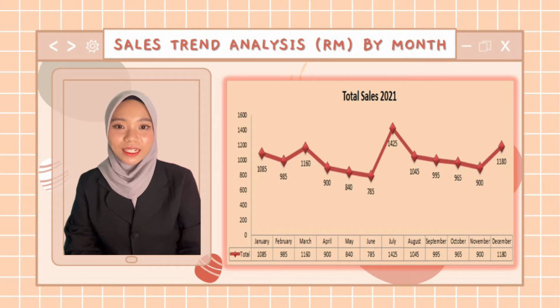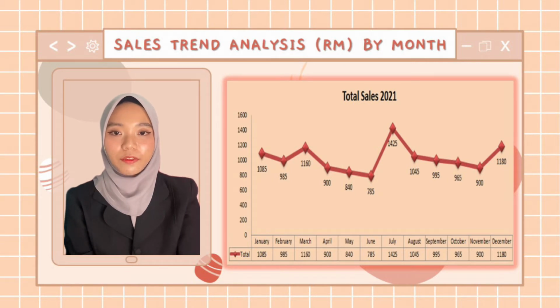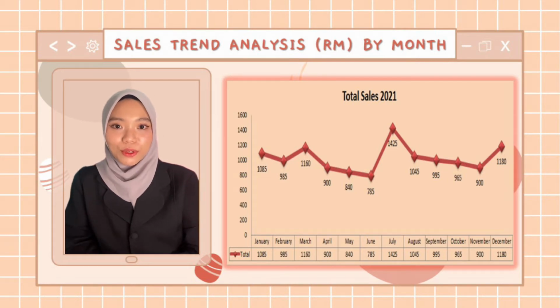Hi, I am Lyana Adrina binti Rozailey. So I will continue about data analysis at Clover Sendirian Berhad. For sales trend analysis by month, the total sales in 2021 have decreased to RM12,265 due to the implementation of the second movement control order, MCO 2.0, in Malaysia, compared to the years of 2020 and 2019. The total sales is declining because COVID-19 cases in Malaysia in 2021 are increasing, and that is why almost all industry in Malaysia, including our company's footwear industry, needed to be closed due to the implementation of